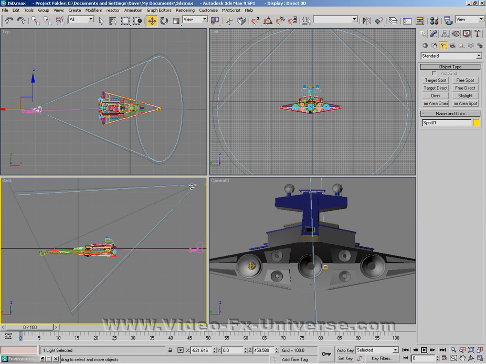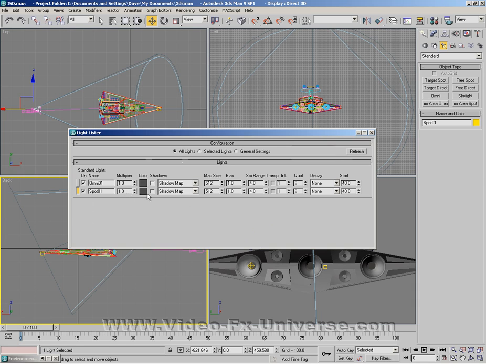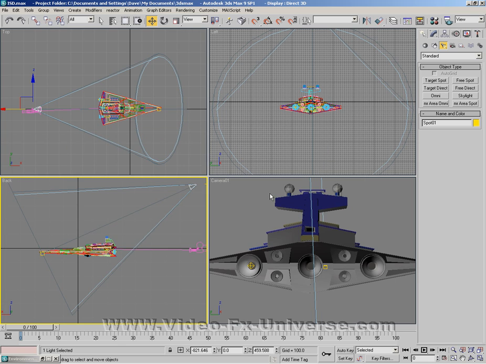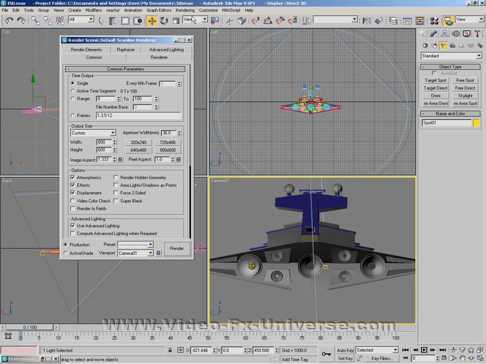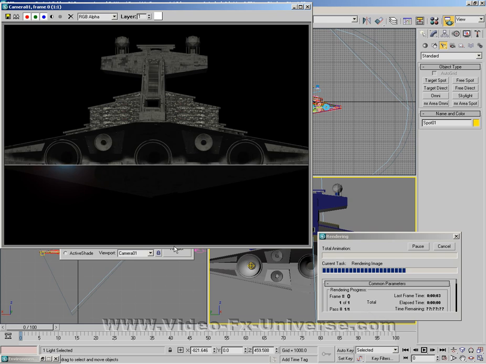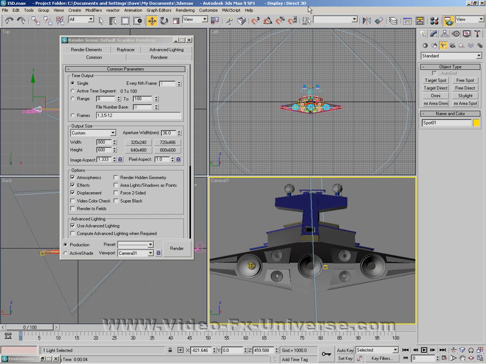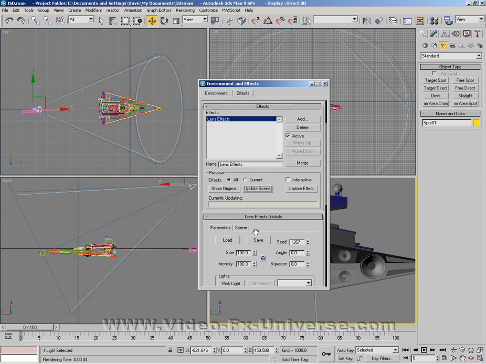Now what I'm going to do is right click on the target spotlight, click on this button here towards the left of the light on, and I'm going to give it shadow maps. Basically, whenever you click this, you cast shadows. Okay, now if I click on rendering, render, let's see what we come back with now. As you can see, the light is in here, but it's not looking too good at all. Okay, so basically we need to edit this more. Right, so if I just close this down and bring up our environment and effects,